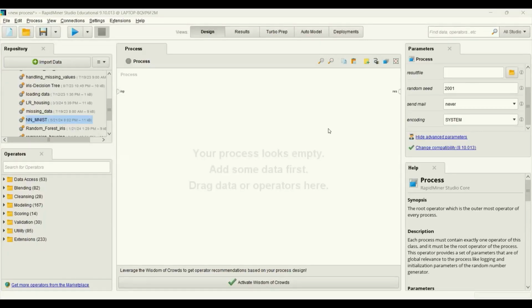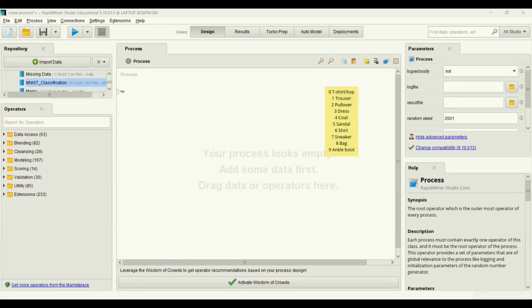I'm Payman Hassari. In this tutorial, I'm going to teach you how to build a multi-class classification using neural network in RapidMiner. The dataset that we use is called Fashion MNIST that can be found easily on the internet. It contains 60,000 examples, and each example is a 28 by 28 grayscale image associated with a label from 10 different